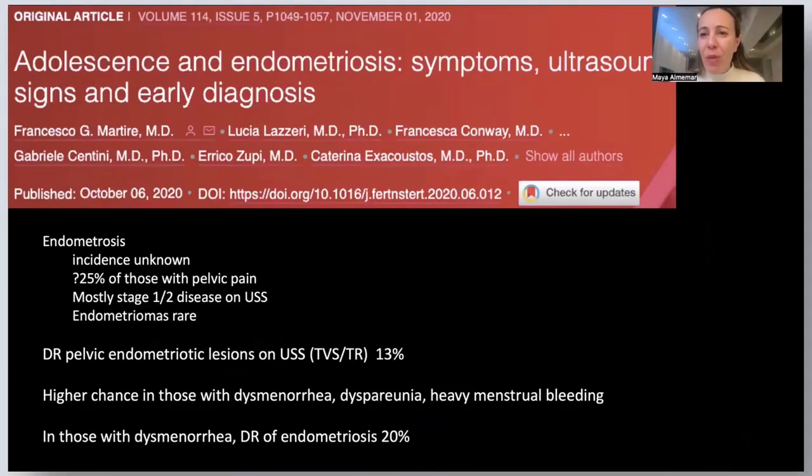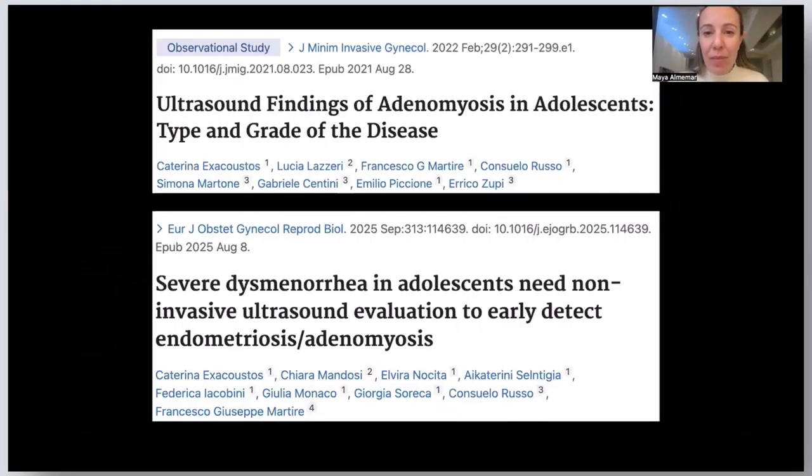What might we see in terms of pathology in adolescents who have terrible periods? Well, interestingly, this work has really been led by Katerina Exarchoustos, who's published fantastic papers and work on abnormal bleeding in the adolescent population. And she's found that actually you could detect in those with quite severe disease, 13% will have deep pelvic endometriosis. She's also demonstrated findings of adenomyosis, and more recently, very interestingly, in a cohort of patients with quite severe dysmenorrhea in adolescents, you can detect mild features of endometriosis in about 40%.